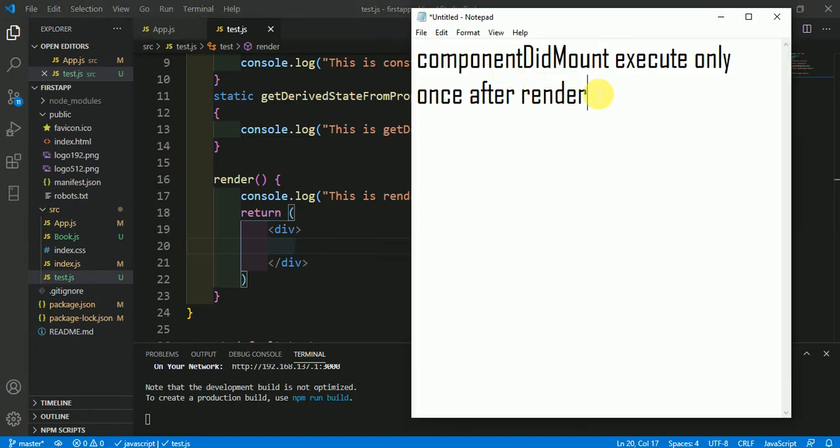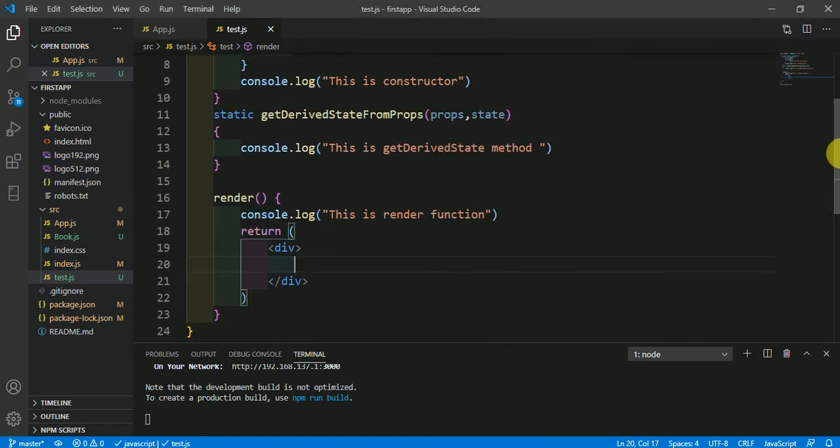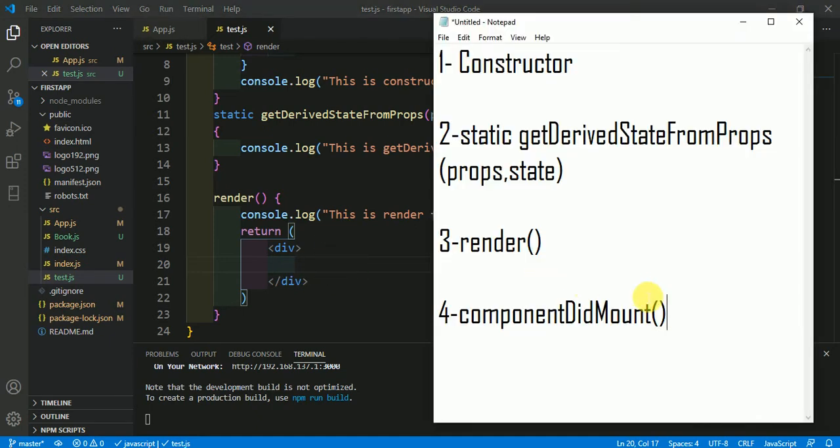Means whatever operation you have written in componentDidMount will execute only once after render. Normally we add the link to any API, or anything that we want to push or pull from anywhere, in this componentDidMount method.